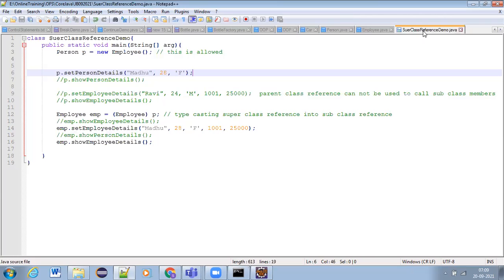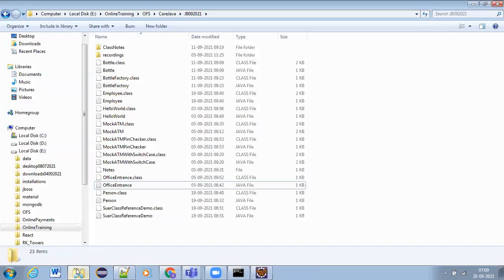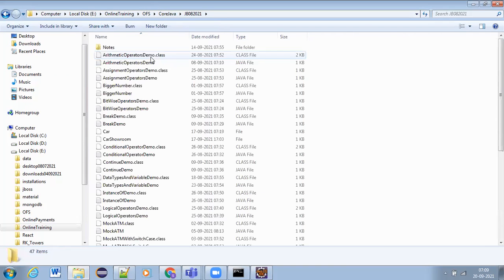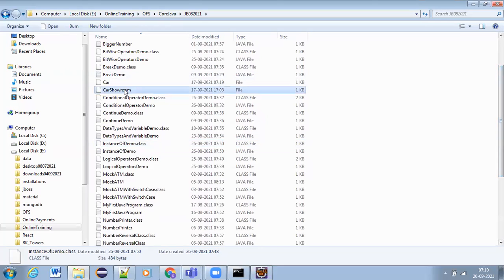So what is our example? Car is there, and what is the other example we have written? Did we write a main class in the previous session? Car showroom we have written, right? Yeah, very good. Car showroom we have written. So where is car showroom?